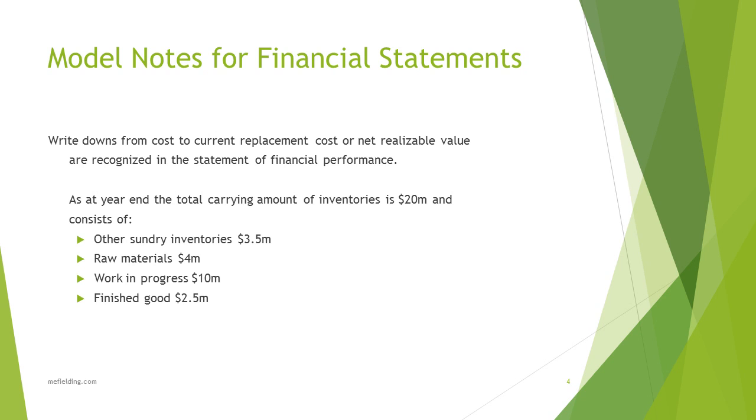And then having been included at cost, they then do a check to say if it's for resale, is the net realisable value, including all of your taxes and so on, less. If it's not for resale, if it's for distribution, because they're uniforms or something, then we're saying that the current replacement cost is less than the cost, and then they make this write down afterwards. Therefore, the figures which are included in your statement of financial position, your balance sheet, are after the write downs. I hope you're quite clear on that.